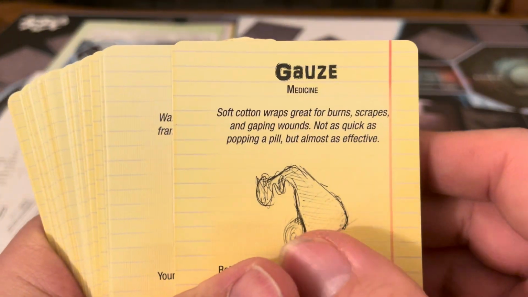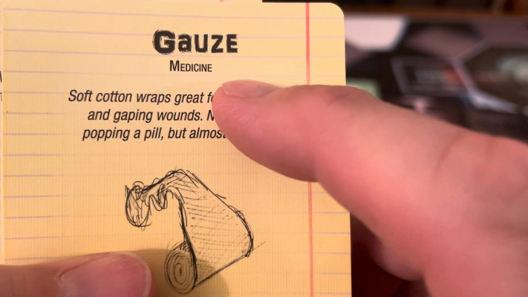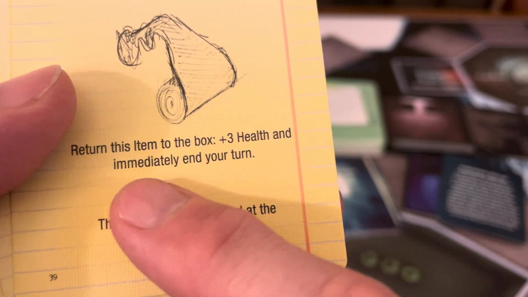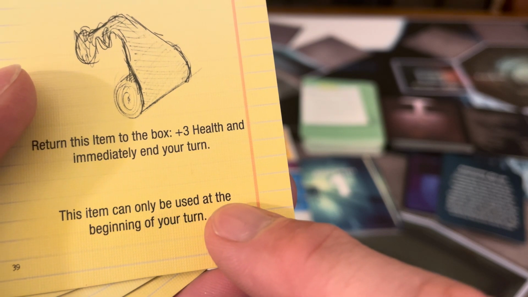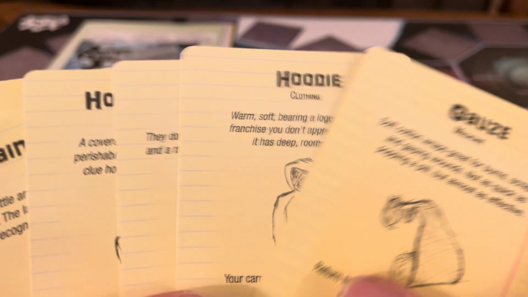Here's your item deck. You can get gauze, hoodies, clothing, hospital. Again, it tells you what it is. Gauze is considered medicine. Tells you what it does. Down here it gives you your effects. Return the item to the box, +3 health, and immediately end your turn. Item can only be used at the beginning of your turn, so it's only a one-time use, so there it is. Hoodie, hospital meal, painkillers,